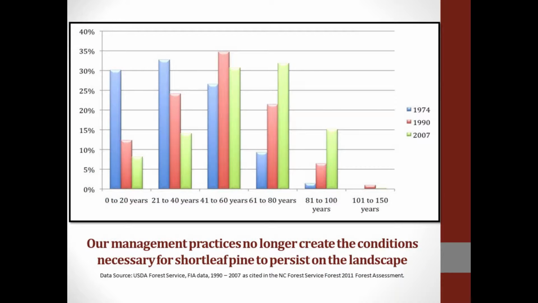So looking a little bit deeper into some of that same forest inventory and analysis data that we saw in earlier presentations, what we actually see is that the ratio of overstory trees to understory trees is way out of balance. Less than 10% of our shortleaf pine, as of 2007 numbers, is in age classes under 20 years old. A vast majority of our trees are overstory trees, and they're starting to fall out of the overstory and not regenerate themselves. So what that points us to is that we need to start putting some serious thought into regeneration-focused management if we're going to maintain shortleaf pine and bring shortleaf pine back on some of the sites in